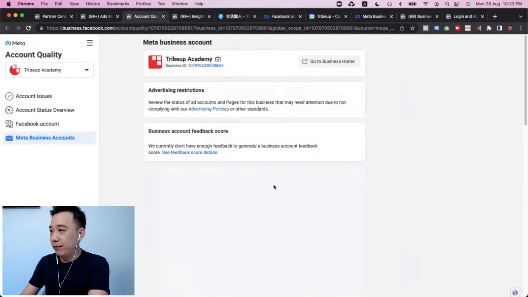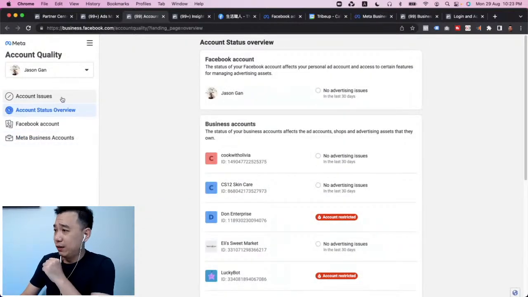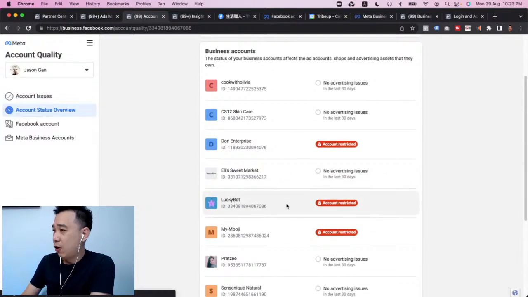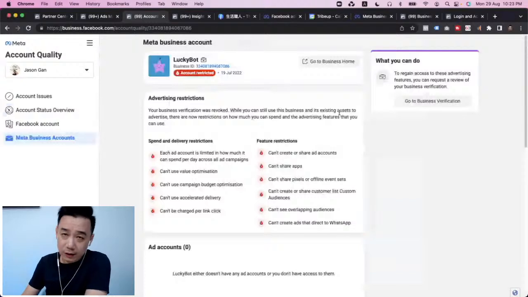If your ad account or your profile is restricted, they'll always show you. So you can come into account issues. If there are some accounts restricted, all you need to do is click into it, and they'll always tell you what to do.